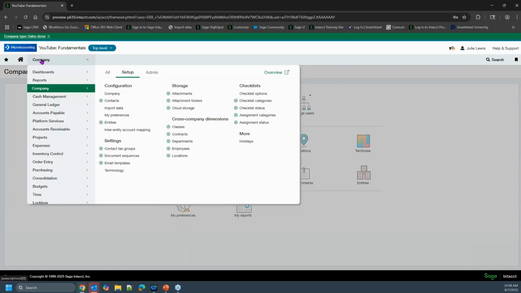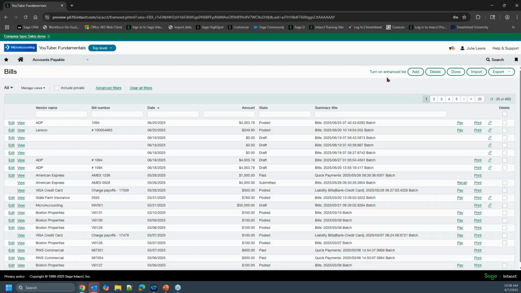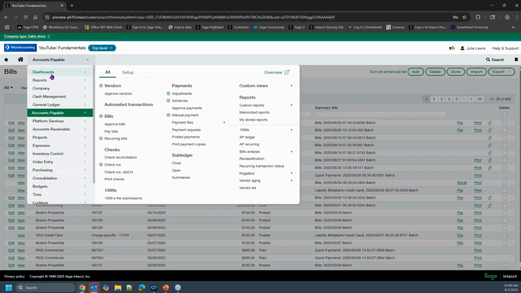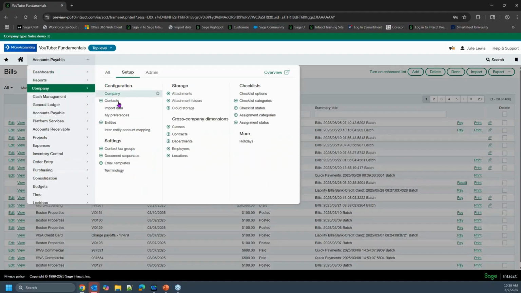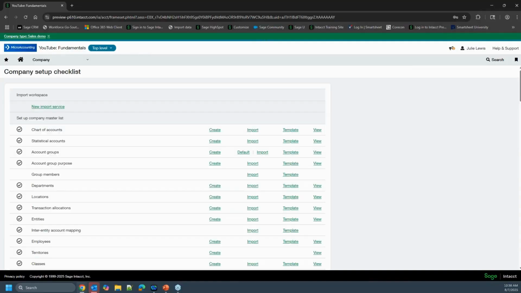The import service tool is an area that I think we have a webinar maybe upcoming on this. But for those folks that import a lot, the only way to get to this tool, because you might be used to going to AP bills, and you'll notice that you have an import button here. Well, this new import service feature is only available through the company. So you go to company, you go to setup, and it's the import data. Again, you have to have permissions to the checklist to get here.